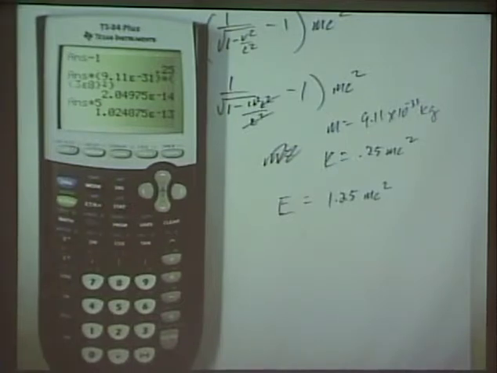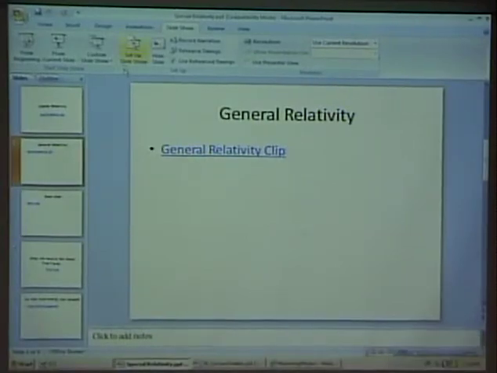Okay, I didn't want to spend that much time on it, but hey, we got 2 of them knocked out anyway, so there you go. All right, now, let's go ahead and look at some things here on black holes, special relativity, and